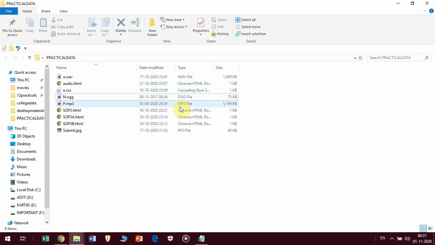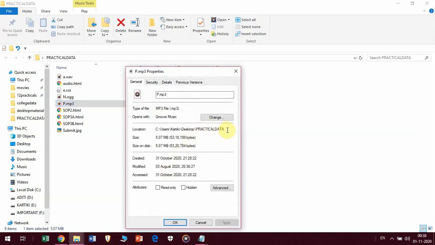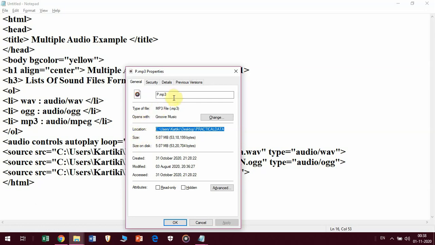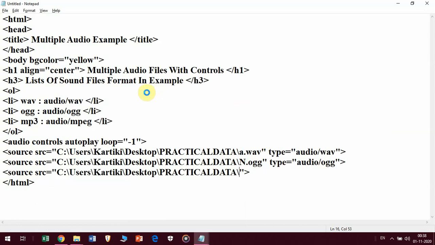So here I'll right click, properties, select the location, Control C, and paste it here. I'll add the backslash, again go into the properties, select the name of the file, copy it, and paste it here.